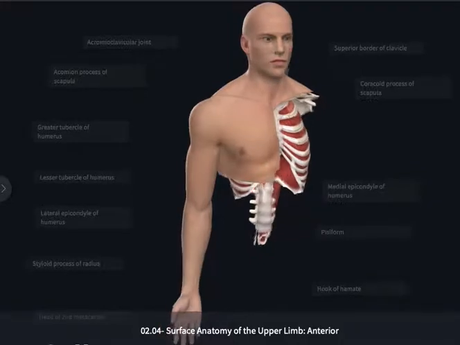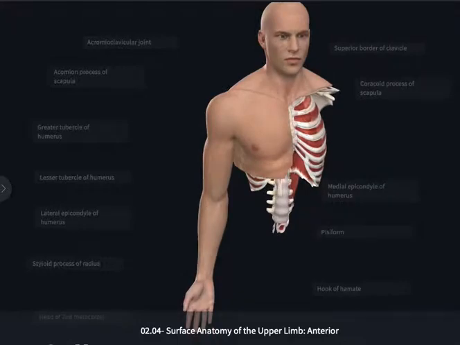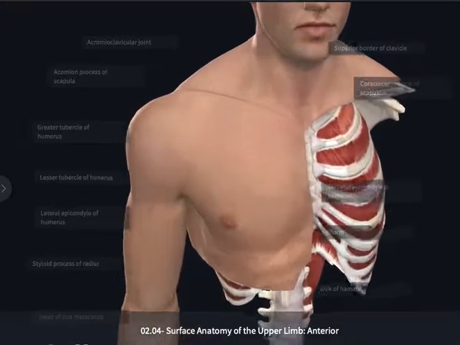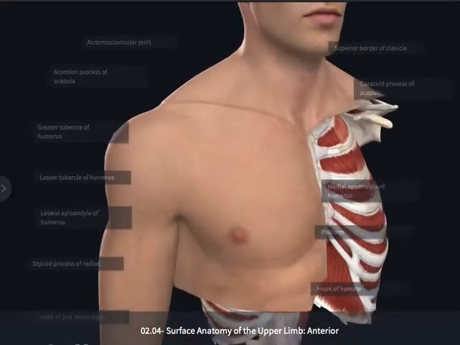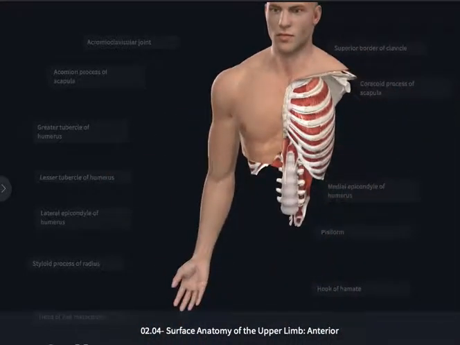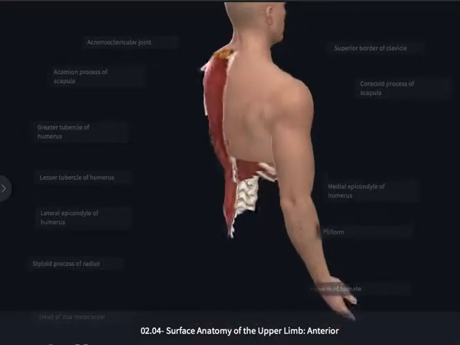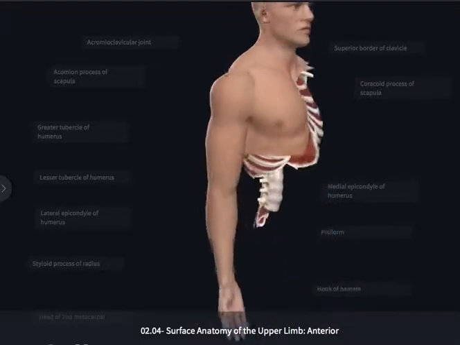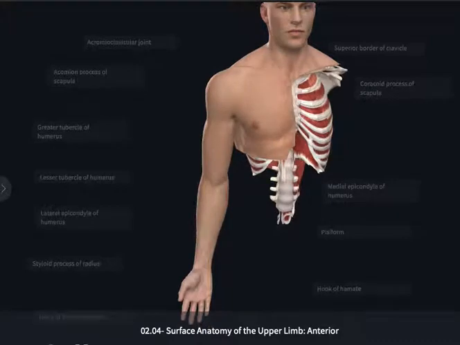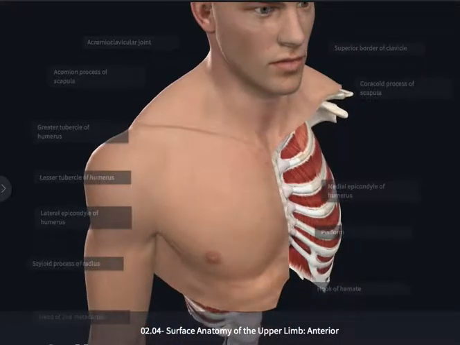In a clinical scenario, a physician is often going to rely on visual cues or on things that they can easily feel. So this is where the surface anatomy is going to become quite important and relevant to the physician. So they want to be able to either see things or feel them just under the skin. Now, many of these structures are going to be felt under the skin or palpated, while others can simply be